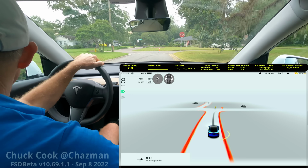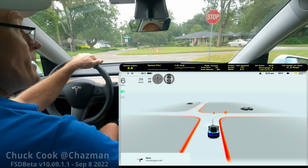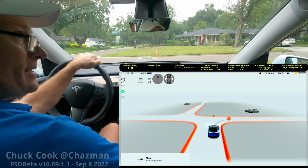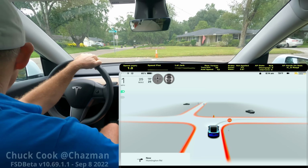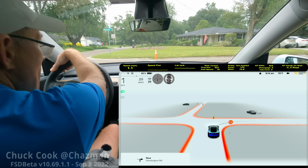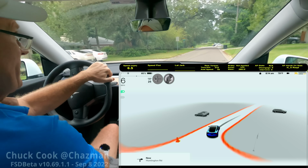Well, we might be getting a new version in the next few days if what Elon projected with 10.69.2 coming out at the end of the week holds true. Today is Thursday, it's 8 a.m., and I am still on version 10.69.1.1. That's build 2022.20.11. I'm going to be doing some traveling this weekend, and I have not yet done an unprotected left